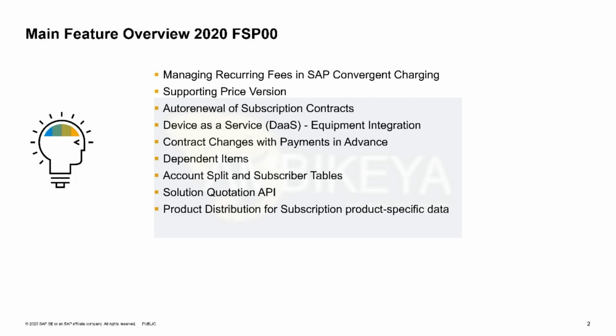Then we will have a look in how we deal with contract changes when we have already done payments on a contract and want to change a contract for which this payment is already active. We will talk about dependent items and how this could be used together with subscription order management. Then I will give a short detail about account split and subscriber tables. It's a feature which we had before, but we did some updates here. Same is valid for solution quotation APIs. This is the API which is already available since 1 or 2 feature packs, but we once more added more